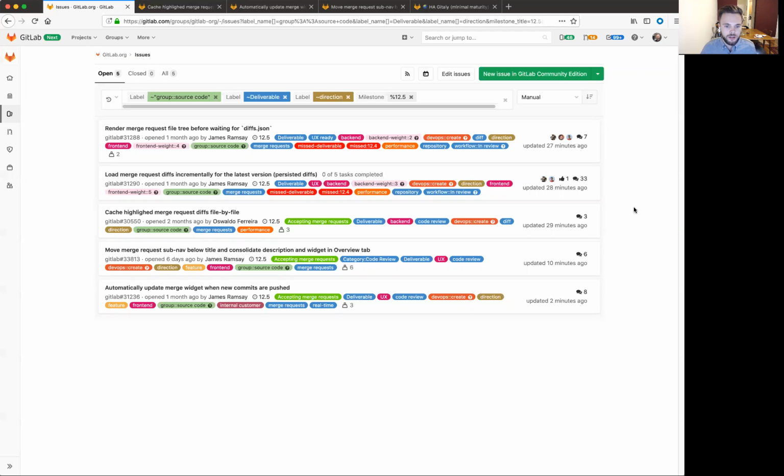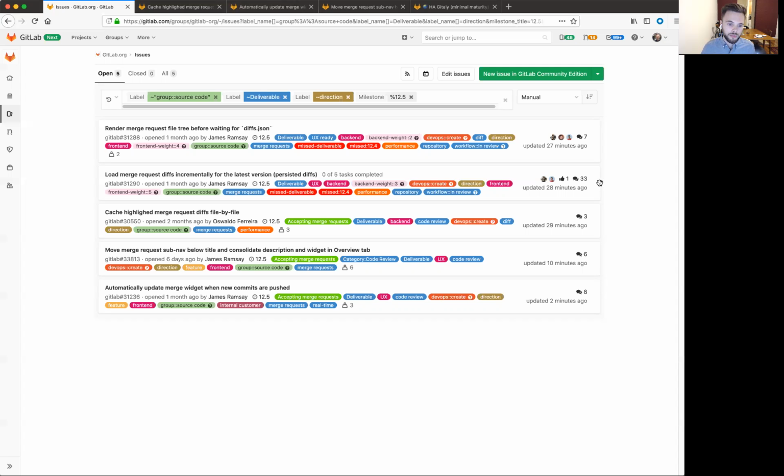There are two items in 12.5 that are continuing from 12.4, which relate to improving the performance and scalability of the merge request page. The merge request page is very important for nearly every single one of our customers because the majority of our customers use it for code quality, doing code reviews of changes before they merge, and also for using CI. Merge requests are where the CI results happen for feature branches. And so making sure that merge requests are fast, responsive, and work well for merge requests of all shapes and